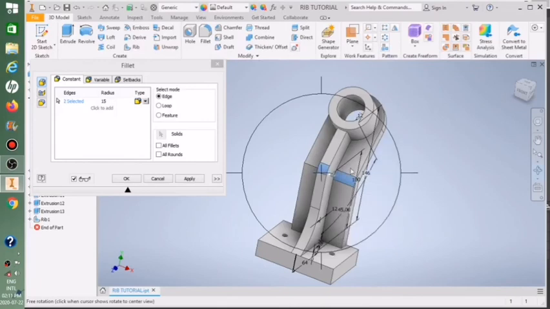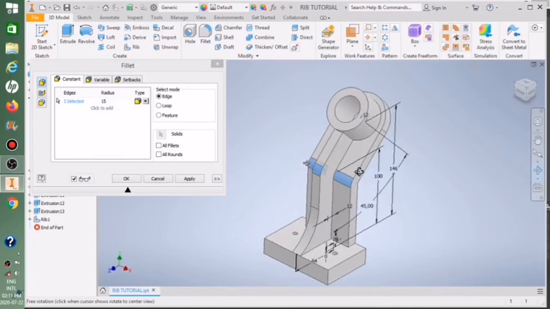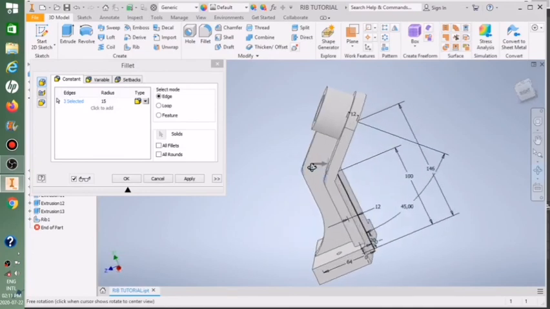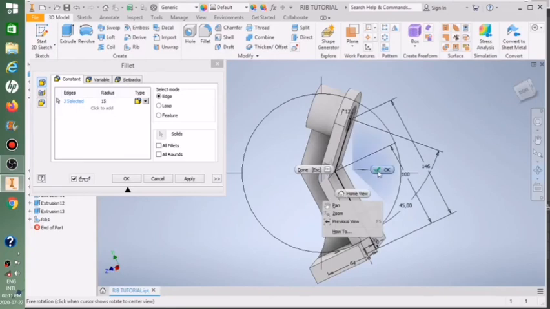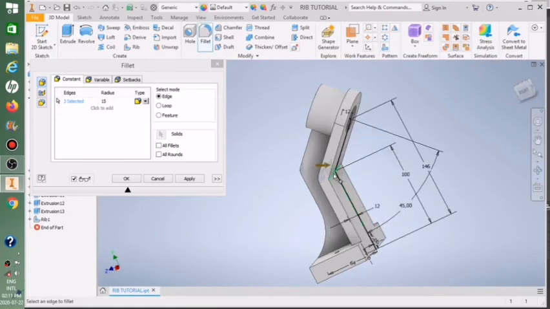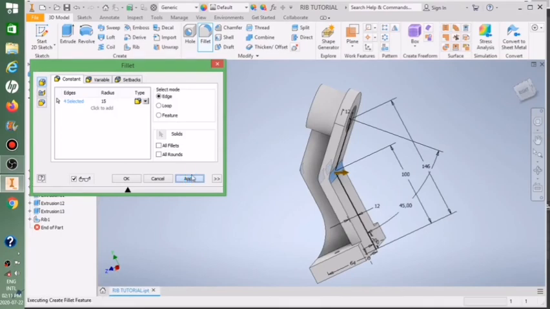Okay, we want to see clearly what we're doing. Number 3, and then here is edge number 4, and the last for this 15 millimeters. Okay, and then we apply, and then again